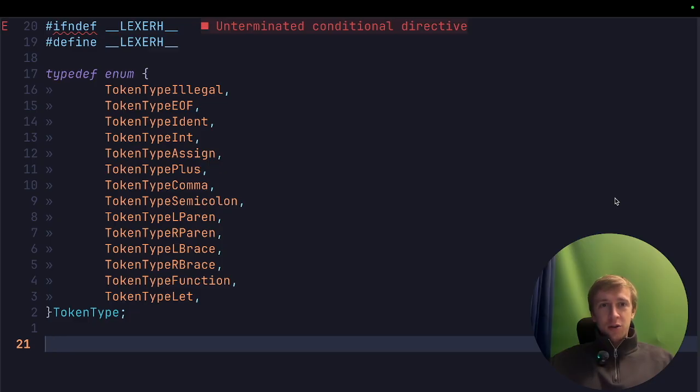Undetermined conditional directive. So I've been playing around with my LSP. Something that I was doing before making this video is playing around with this sort of stuff. And we're going to have to do a few things, which is going to be exciting actually for this project. It's stuff that I want to learn anyway. We're going to have to learn how to use CMake. The issue that I was having is I was trying to use Google Test, but I was getting a lot of errors in my Google Test file. And the reason for that is that the LSP couldn't pick up all of the flags, all of the files, I think,